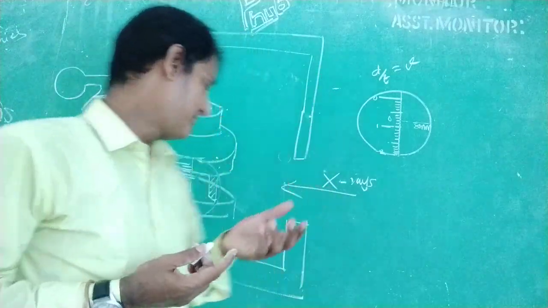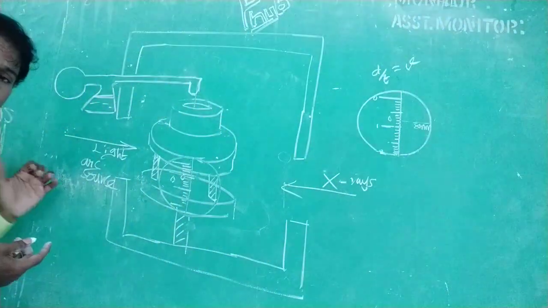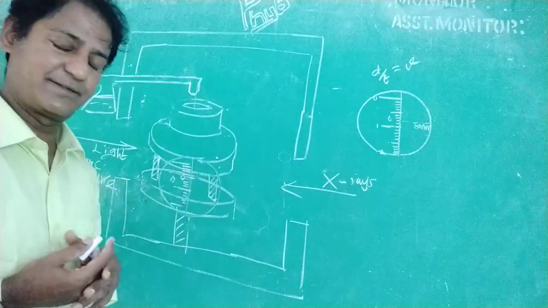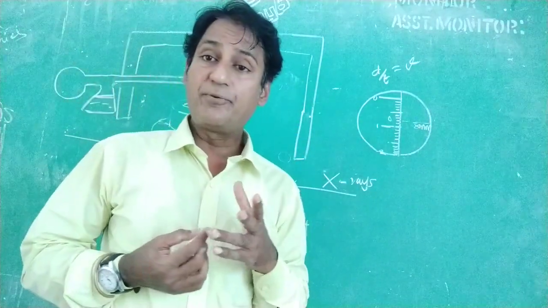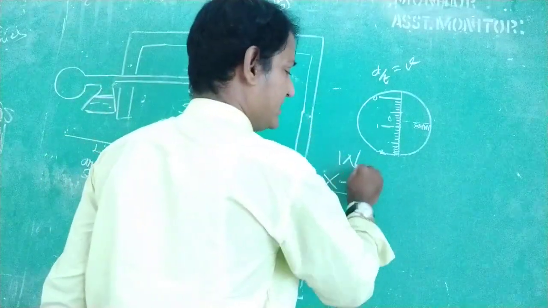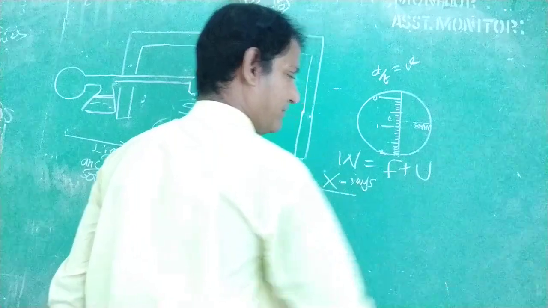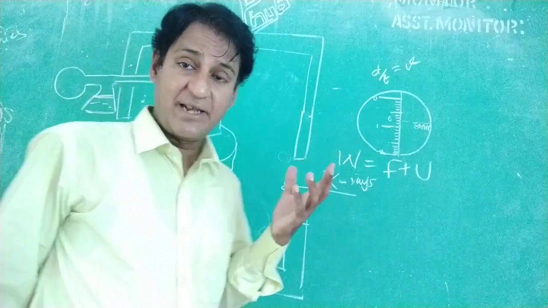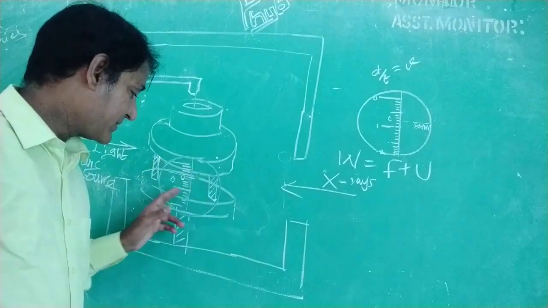Now, so we have done all these things. So we need to go for a formula. As I said in your previous video, W is equal to F plus U. Here there is no highly viscous liquid, only the air is present between the two circular discs, and this